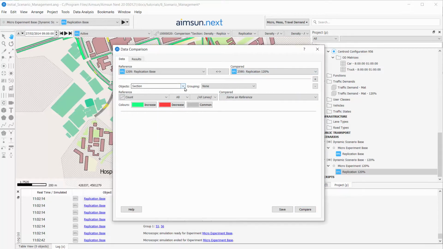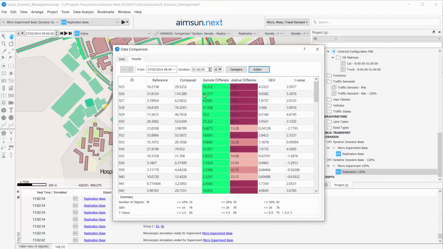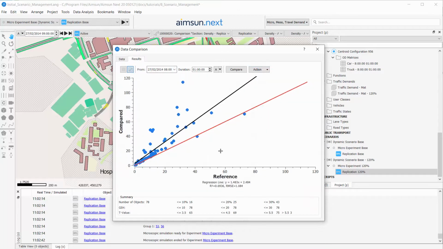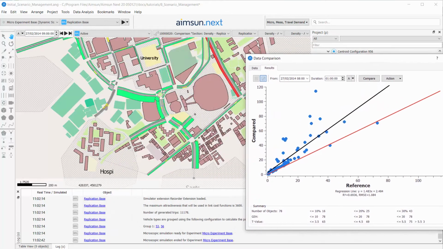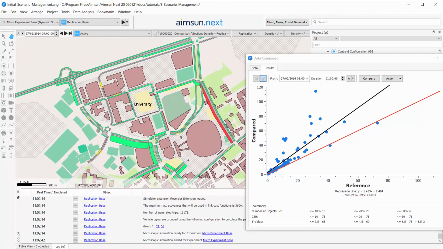you can choose to compare any of these following objects. You can compare all of these for the whole of the model or a subset using a grouping. For example, let's look at the density. Press compare. We can see numerically the difference and also in a graph. You'll also see that you get a view mode created, allowing you to see where the density has increased or